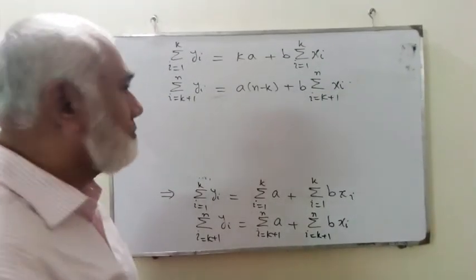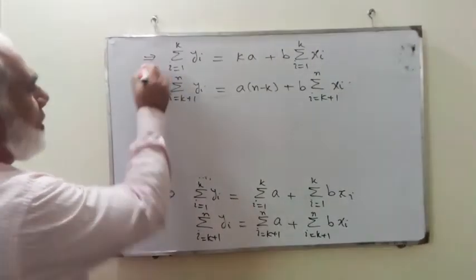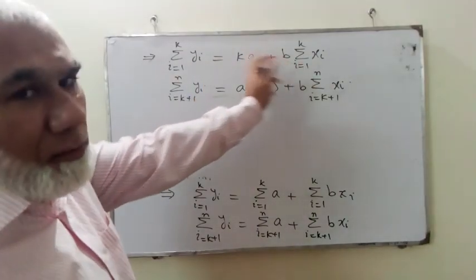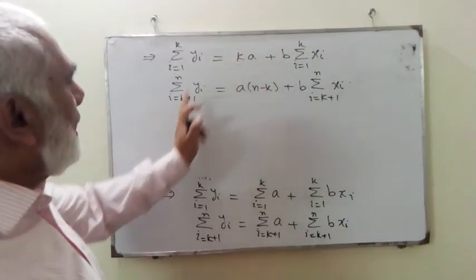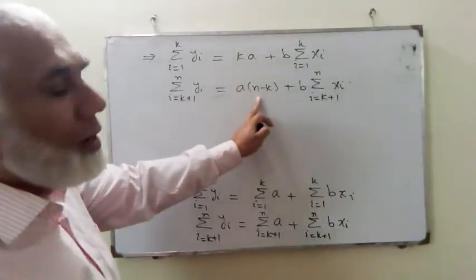These are available there. Okay, after doing this, the next step is I'm going to divide the first equation by k and the second equation by n minus k throughout. So whenever I do this,